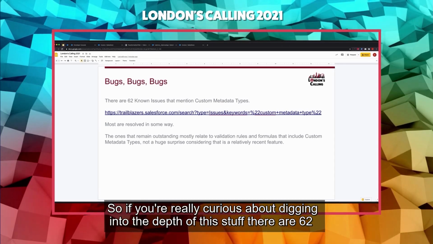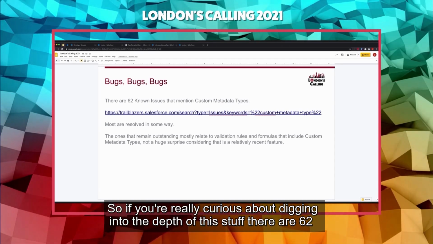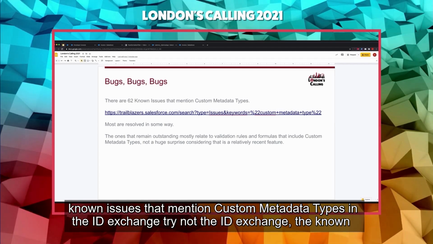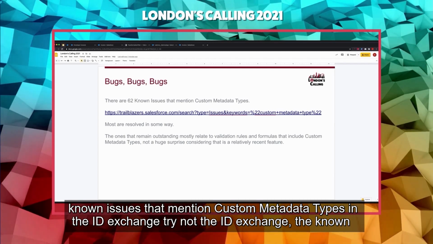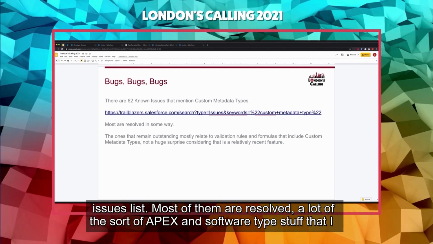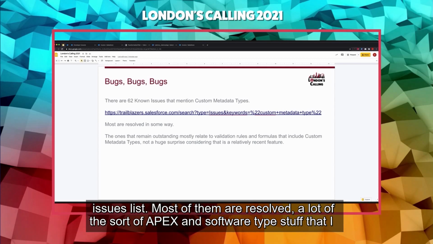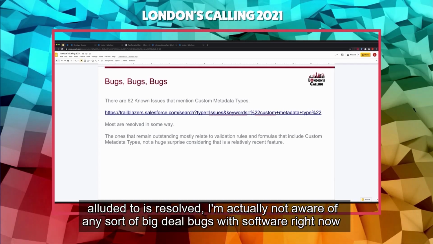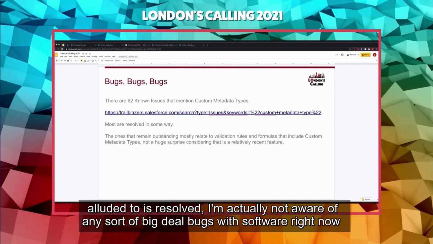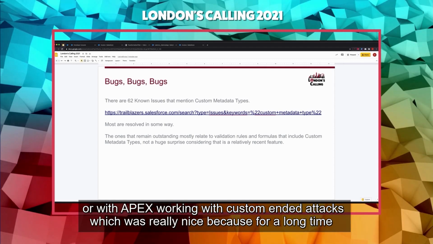So if you're really curious about digging into the depth of this stuff, there are 62 known issues that mention custom metadata types in the known issues list. Most of them are resolved. A lot of the Apex and SOQL type stuff that I alluded to is resolved. I'm actually not aware of any big deal bugs with SOQL right now or with Apex working with